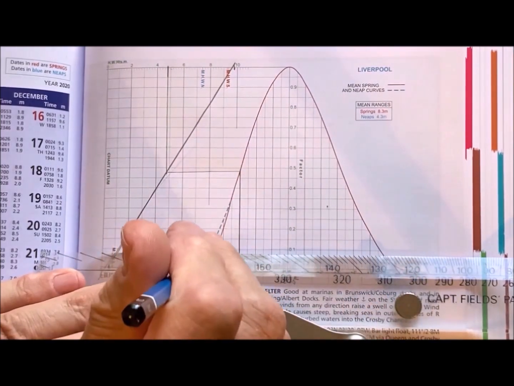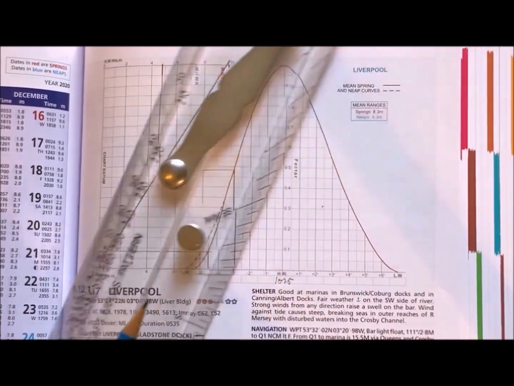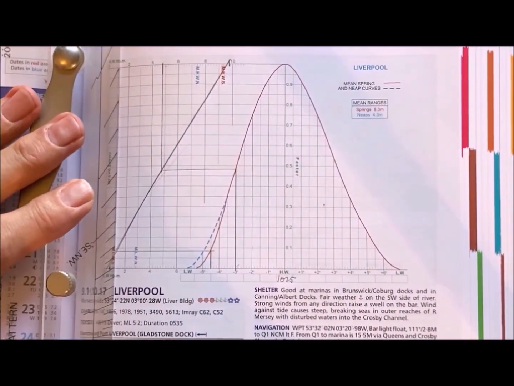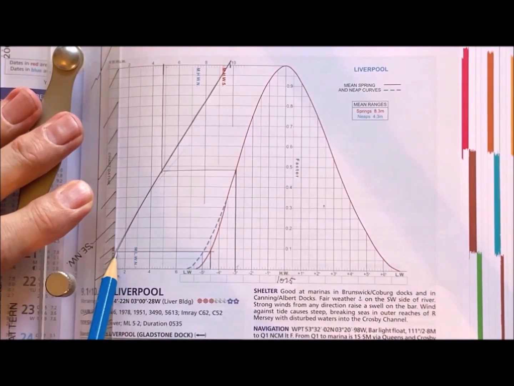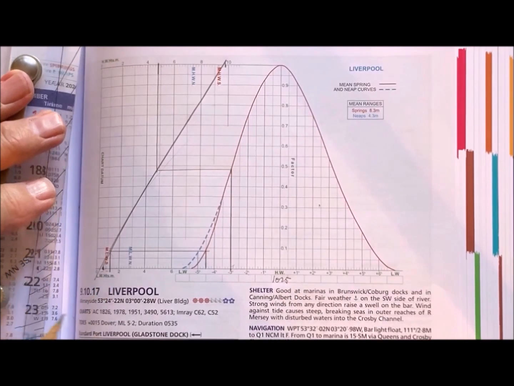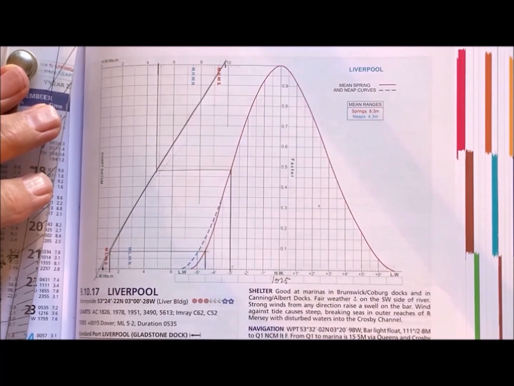like that, and this time we don't need to go up, we can drop down because it's not so far to go, is it? And there's our answer, 1 metre. Couldn't be easier, could it? That's all you do. And if you want to know at what time, for example, there would be, let's say